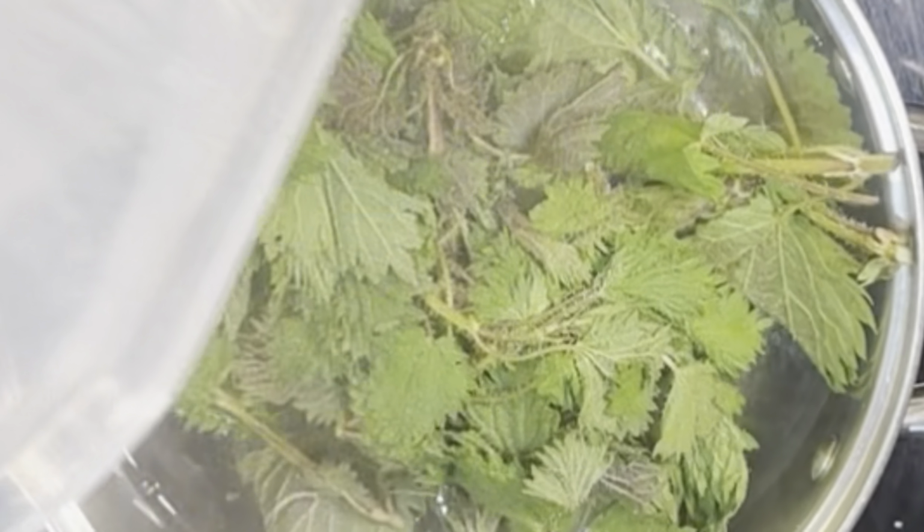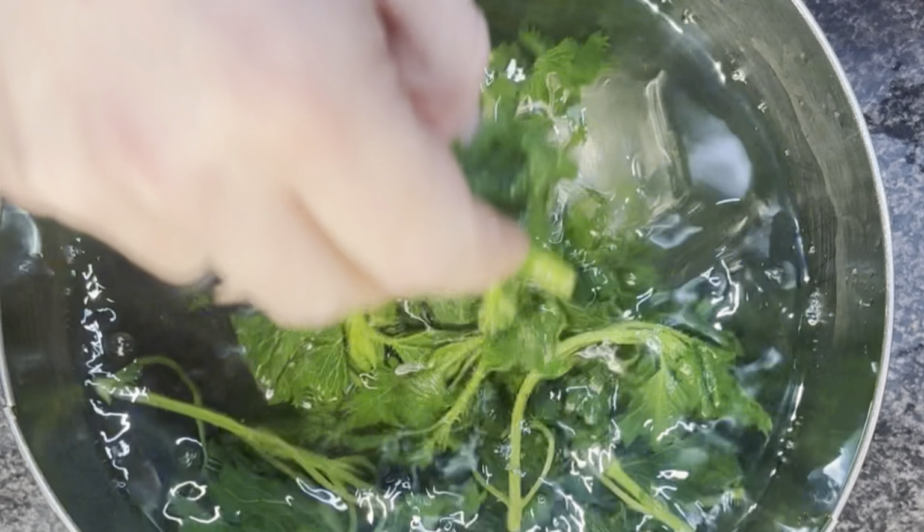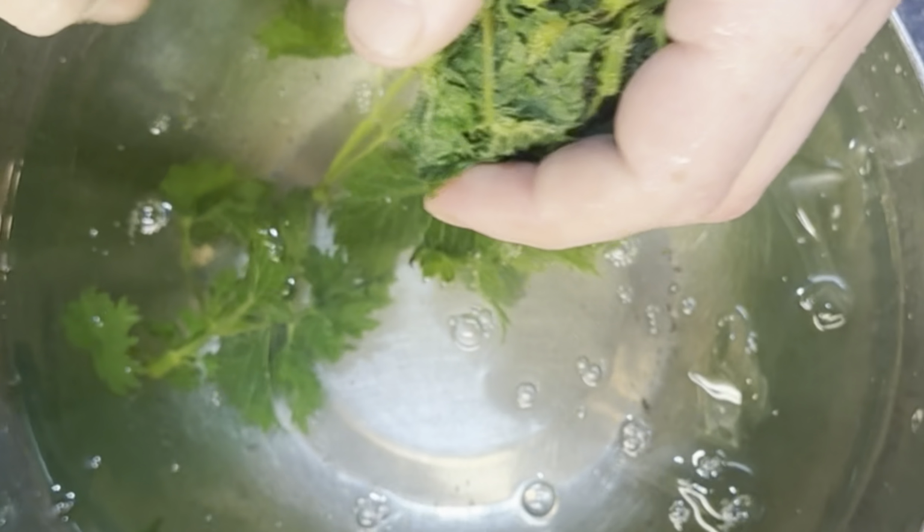So we're going to get our nettles into some simmering water for about a minute, making sure to keep them below the surface of the water. We're then going to drain and keep that water because it makes an absolutely amazing tea. We're then going to shock our nettles in some iced water, and once they're cooled we take them out and